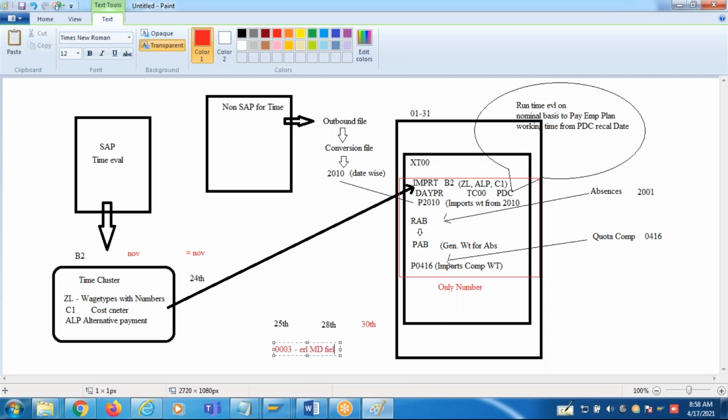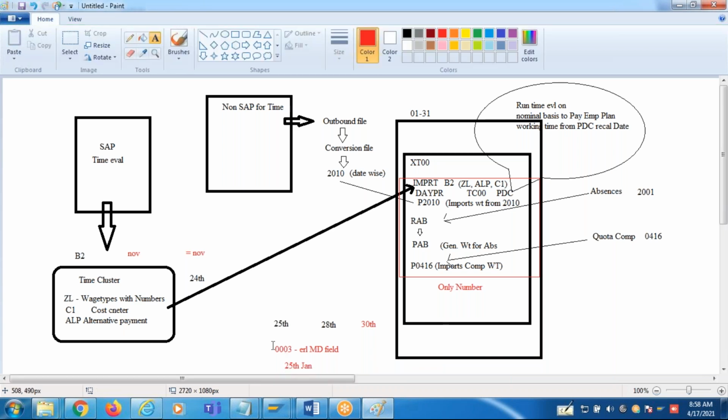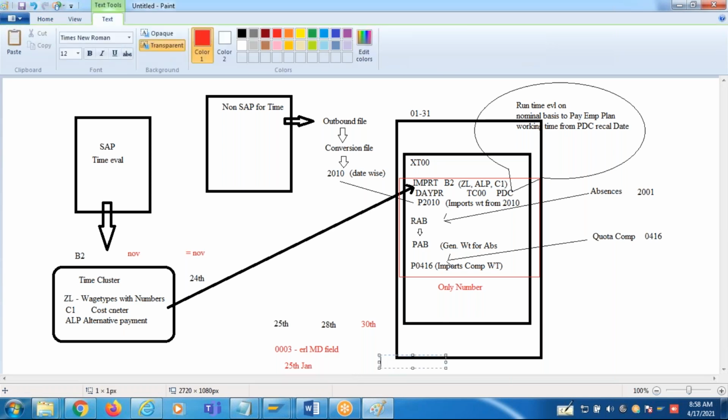Right? So when I run February, what will happen? In this case, earliest master data change is what? Let's say 26th or 25th January is the master data change. Now I'm running the payroll for February month. Since this date is 25th January, entire January payroll will be repeated. Now it calculates a new net salary, and calculates the difference between old net salary and new net salary. That difference will be accounted in February. Got it?